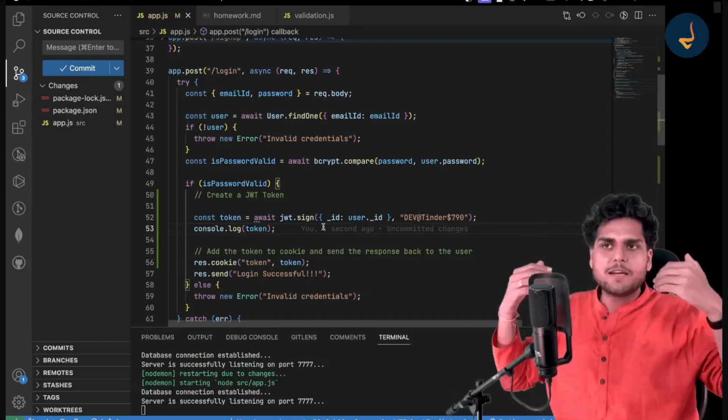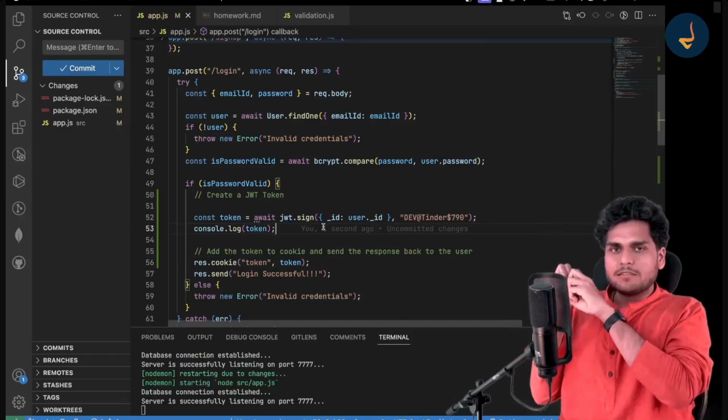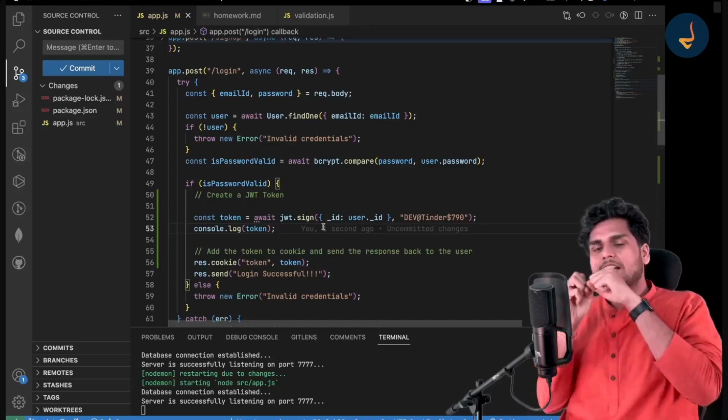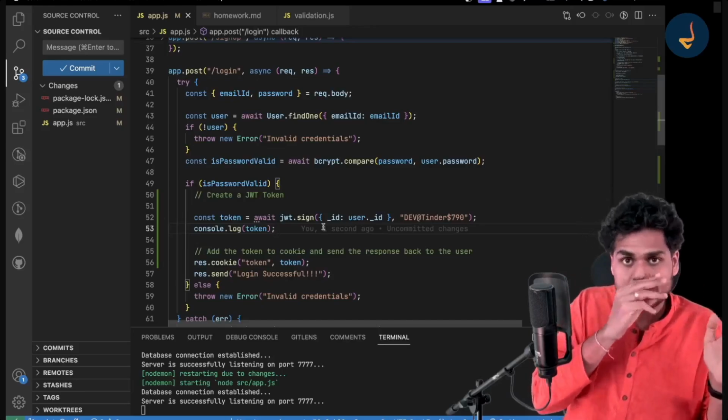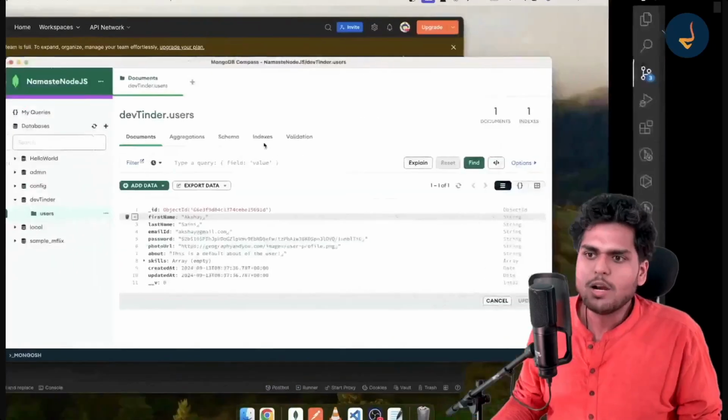When the user comes with an email ID and password, if the email ID and password are correct, we create a token, hide the user ID inside it, and then send it back to the user, right? Hiding the user ID inside, sending it back to the user. Cool. So now